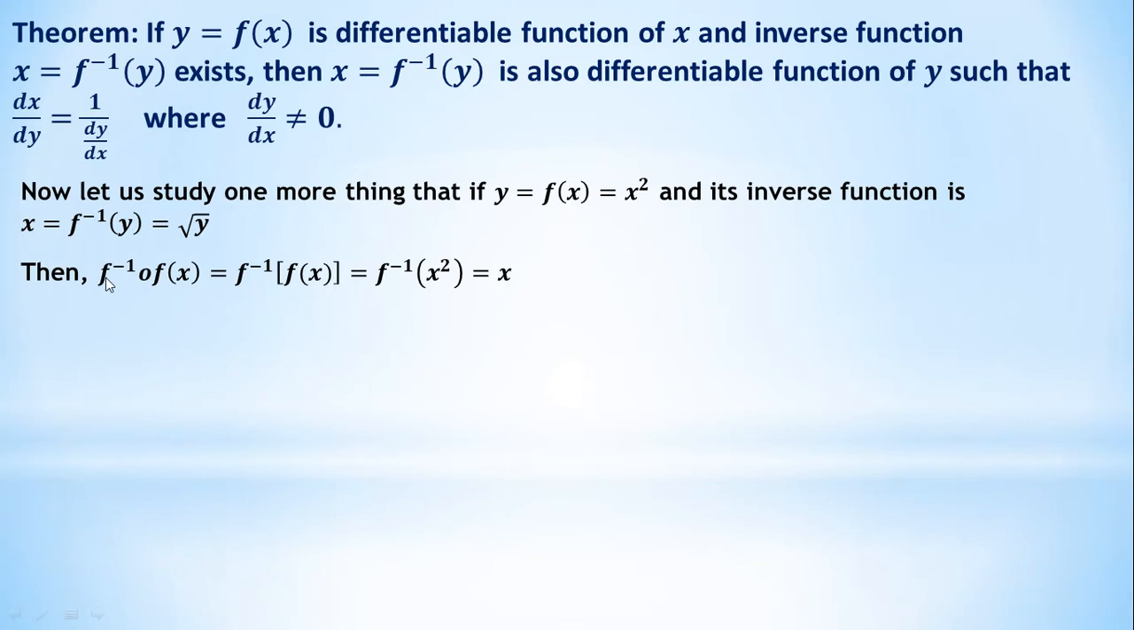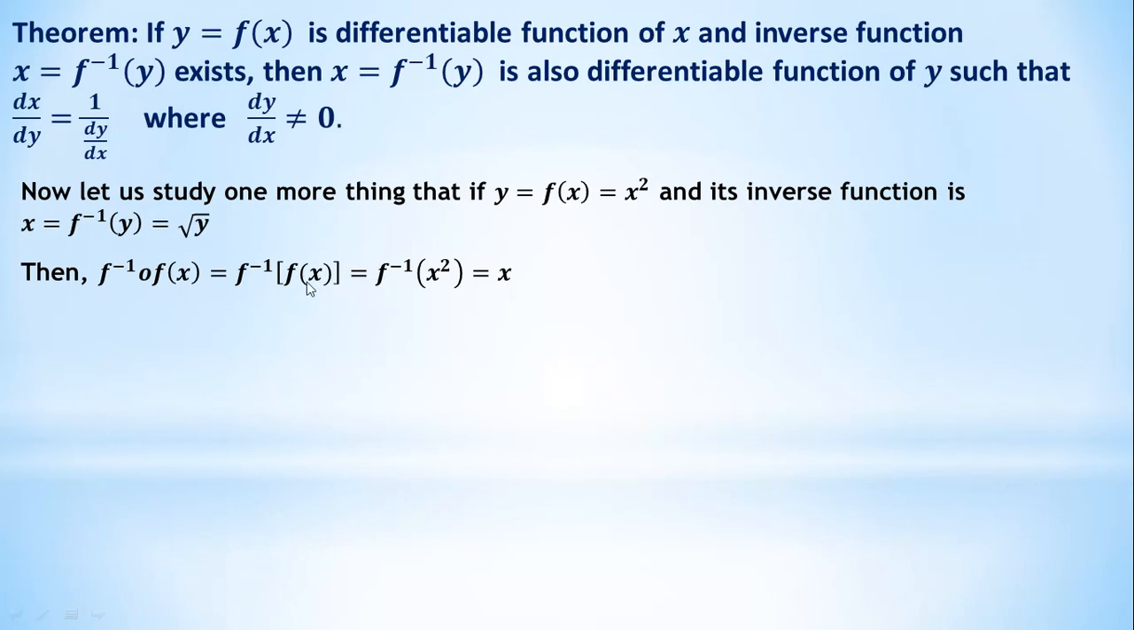It is written as f inverse composite f of x. It can also be written as f inverse of f of x. This is called a composite function. It is the composition of function f and f inverse. So f inverse composite f of x is equal to f inverse of f of x, that is equal